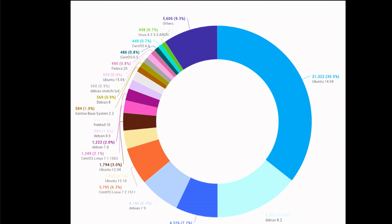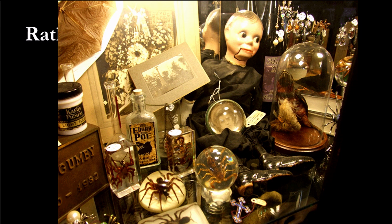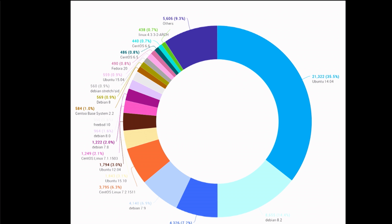It's also worth noting, this is kind of a little terrifying, but a lot of these are really old operating systems. Ubuntu 14 and Debian 8, not so bad, but we have giant chunks running Debian 7, Ubuntu 12, CentOS 6.5 and 6.6. Debian 6 is close to 1%. It's not actually in this graph, but it's pretty large. And so we have to